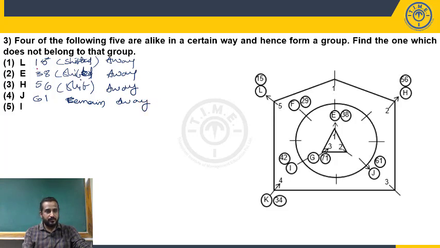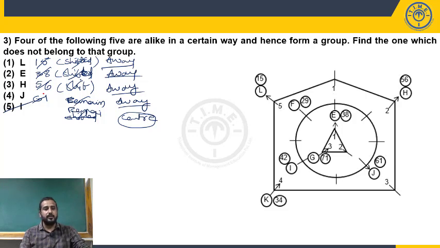So two odd numbers we got, so definitely it is not odd-even logic. Now, what is the last? I. I remained in the same position facing the center. Right? So 2 remaining in the same position, 3 shifted, 2 remaining, so it cannot be this logic. But here 4 are facing away from the center, 1 is facing towards the center. So who is the odd man out? I. So we checked in the 3 possible ways, and in one of the ways we got the answer. So choice 5. Fine.